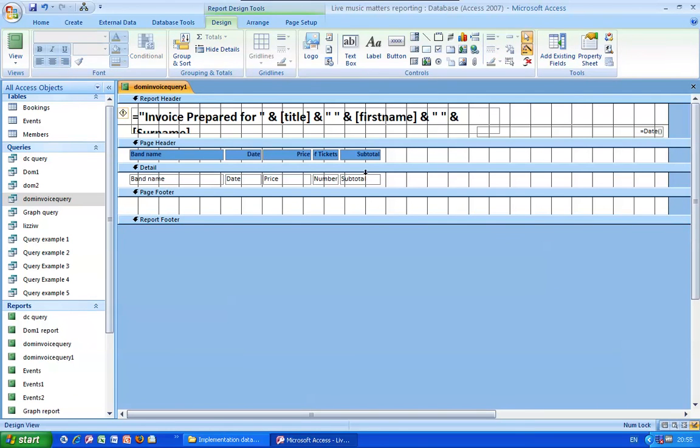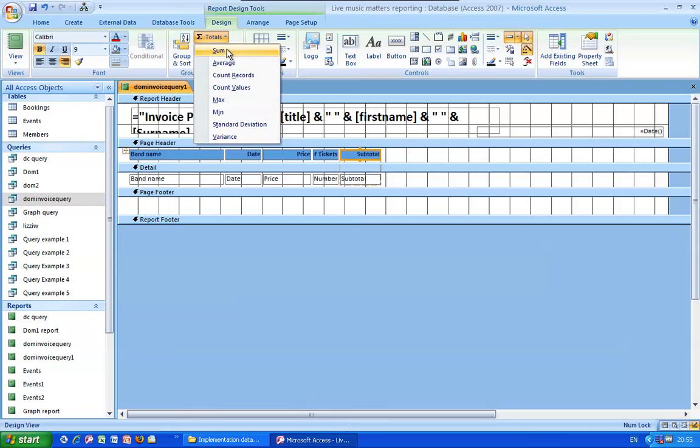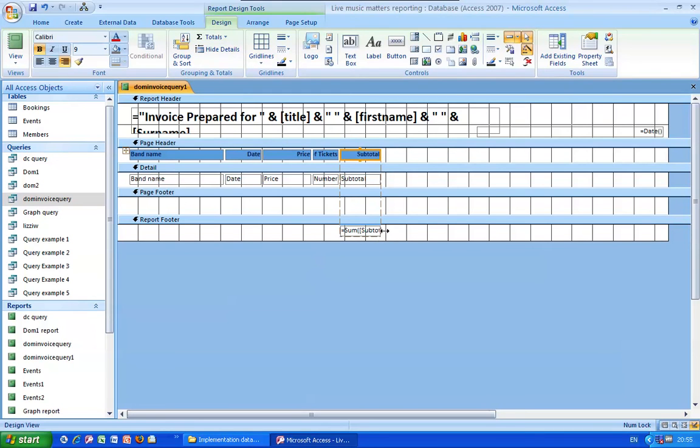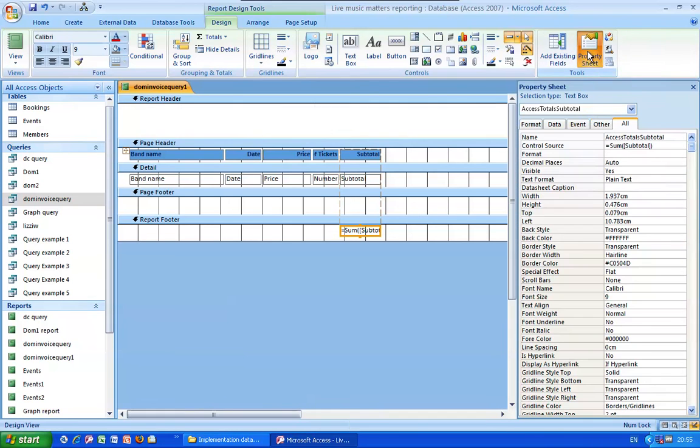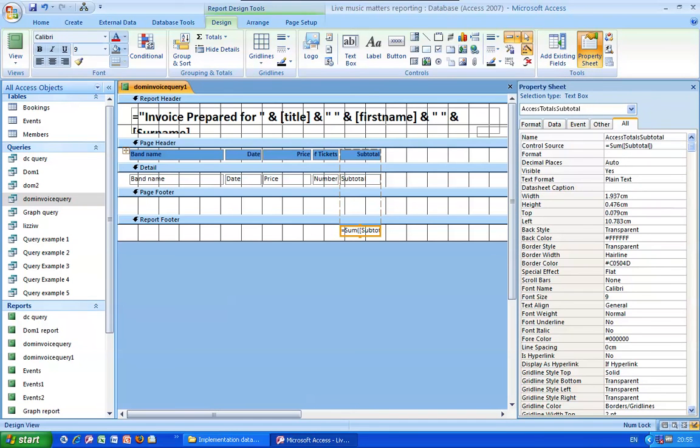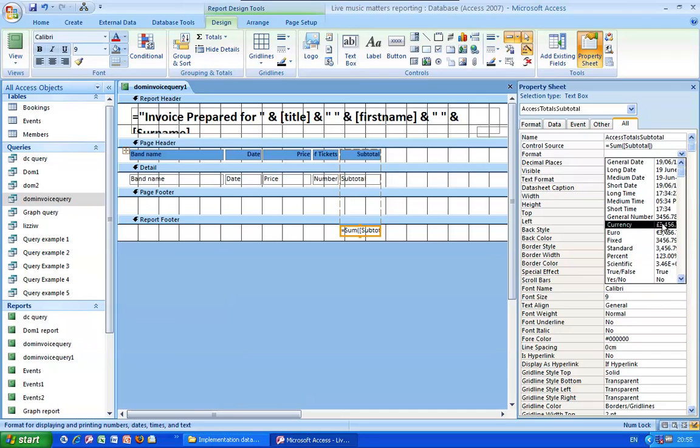The next thing we're going to do, or the final thing we're going to do, is the grand total. The grand total is really easy. We've got the subtotal for each line, and in order to do a grand total, if we simply click on the field, we've got an option up here that says totals and sum, and it will immediately put in a field for us. We just then need to go to the property sheet and set the format to be currency,